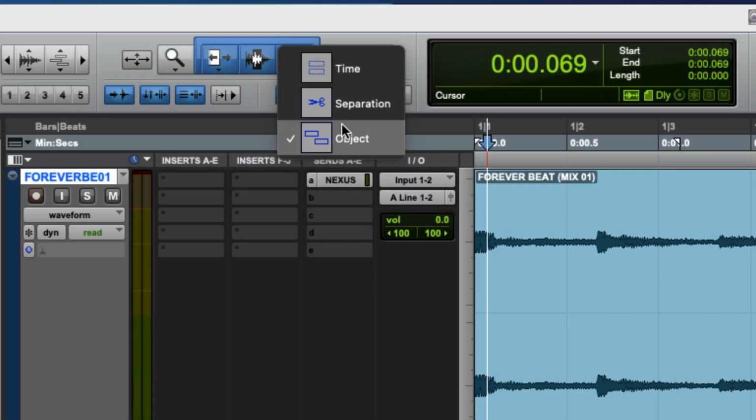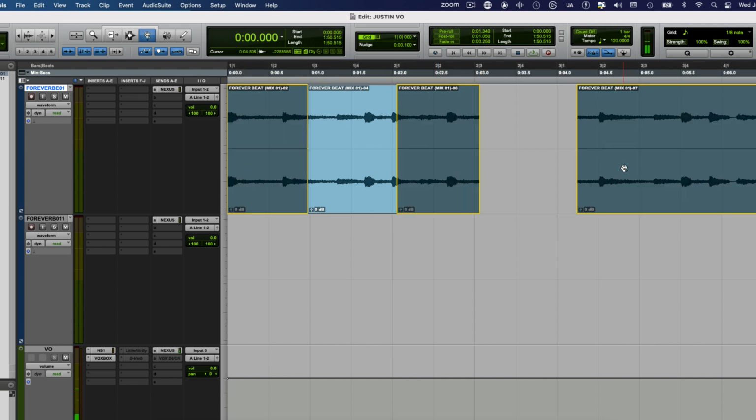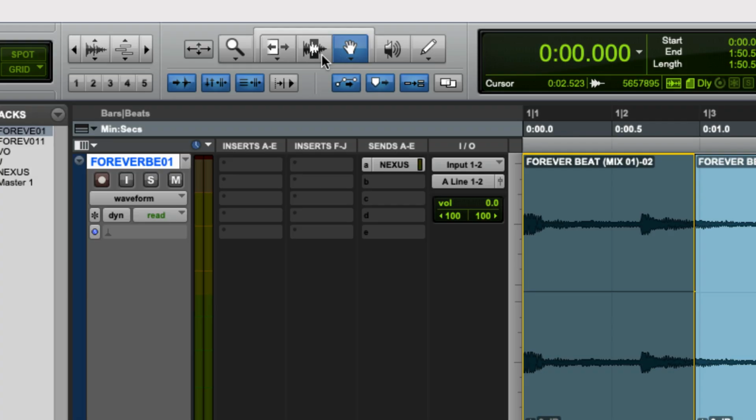And the last tool is the object tool. Basically what the object tool allows you to do is while holding shift, you can select separate clips instead of selecting all the time in between. So this allows you to be a little bit more selective with what you decide to select. All right, so